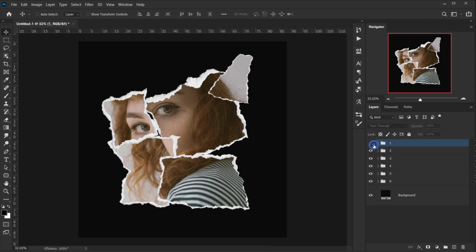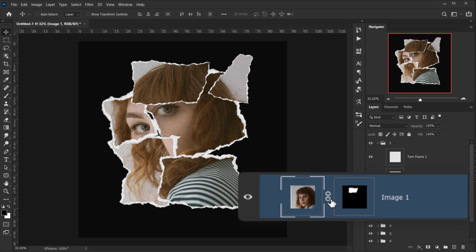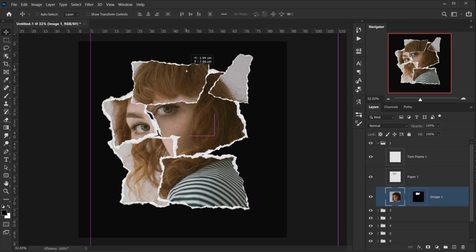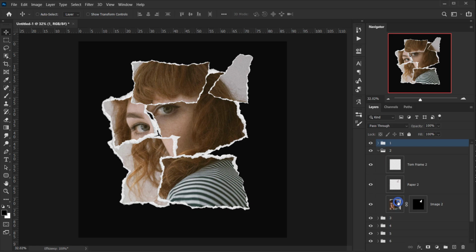So let's start with the group number 1. I will open it, and for me to change the image only, I have to unlink the image from the layer mask. To do that, you can just one click on this link between the layer mask and the image, make sure you are selecting the image, and then you can take it and put it wherever you want, and then go back and link it again. For us, when we want to move it, we can move everything together. So we'll do the same with number 2. I will unlink the layer mask, and then I can move this a little bit on top.